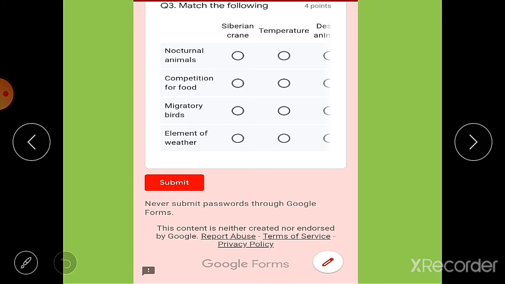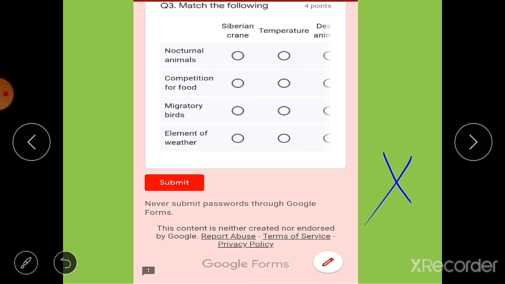Now it is time to submit your test paper or form. Before submitting, check all the answers and the information that you have filled. If you miss any required part or information, your form will not be submitted, so be careful. Sometimes all the questions are compulsory in the test, so attempt every question.